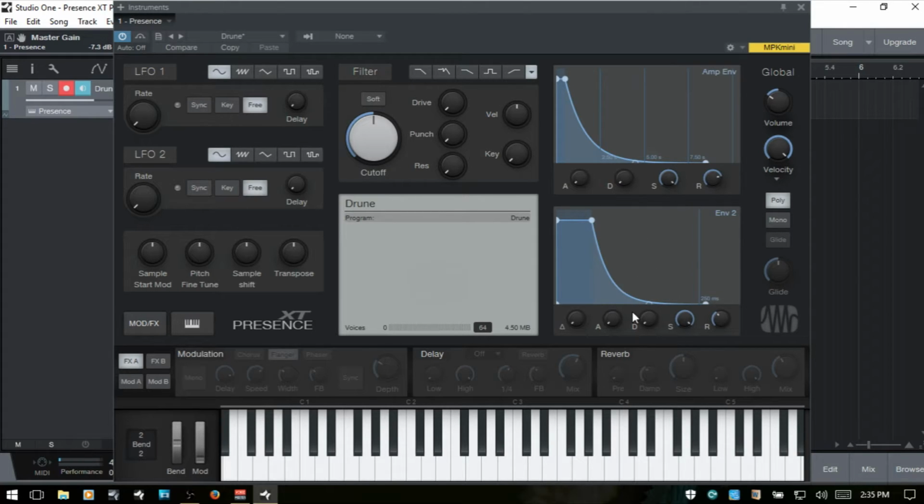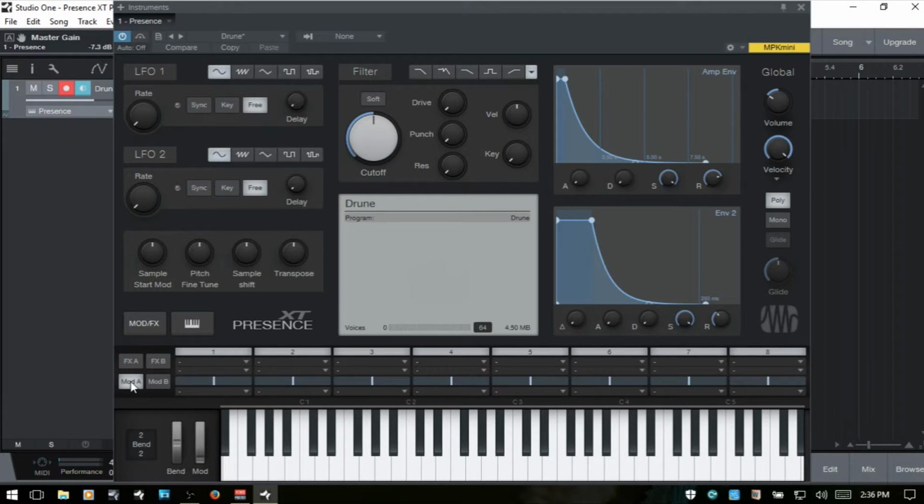Now we've got the same parameters below. We've got attack, decay, sustain, release. And we also have an addition of a decay dial here, which we can use to control when the ADSR is going to take effect of whatever we've chosen to have it control. So let's go ahead and take a look at that, and while we're doing that, we're also going to cover